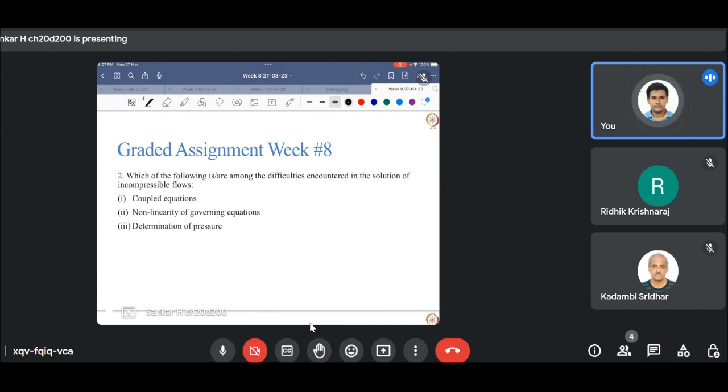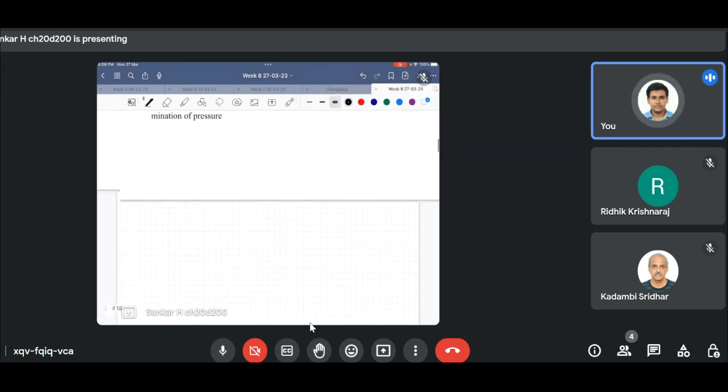Okay, moving on to the second question. Which of the following is or are among the difficulties encountered in the solution of incompressible flows? First one, coupled equations. Second one, nonlinearity of the governing equations. Third one, determination of pressure. So again,